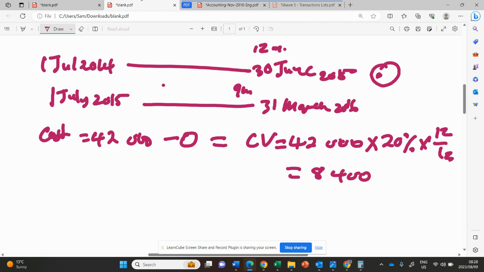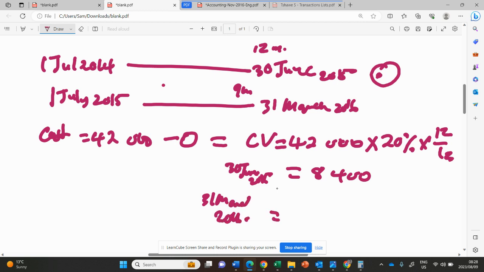So this is the depreciation on the 30 June 2015. Then we need to do depreciation on 31 March. Okay, this is the first depreciation, for 30 June 2015. Then now we need to do another depreciation for 31 March